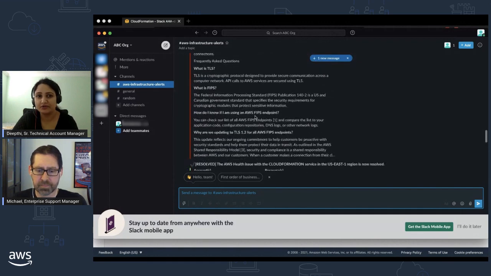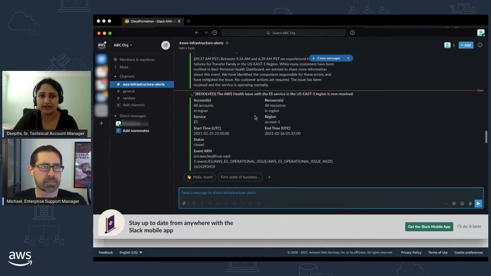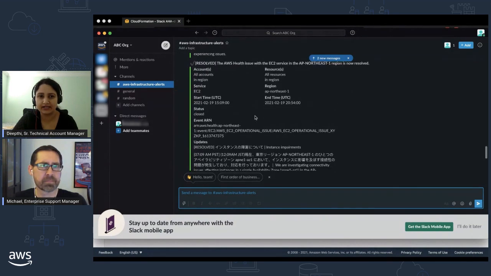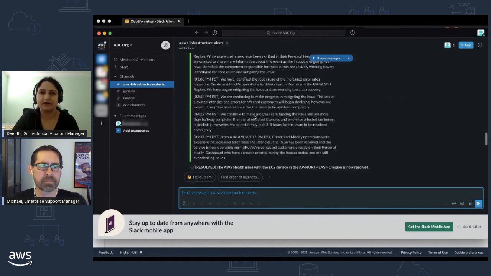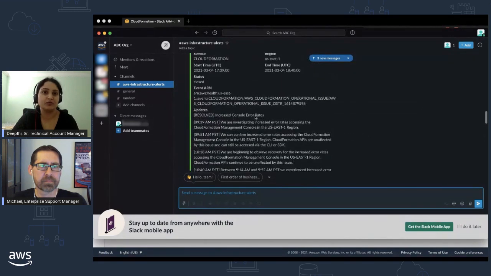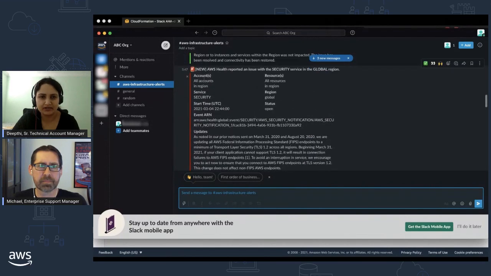And remember, one of the notifications is still ongoing and the rest of them were resolved. So you can see the color coding. A lot of them are in green, except for one, which is the still ongoing or still relevant notification that you might want your attention on. Dissecting this a bit, this is what it shows. It shows the accounts, resources impacted, the service that is in question, the region, the event ARN, and the start time. The status, obviously, it's open, and that's why it's in red.